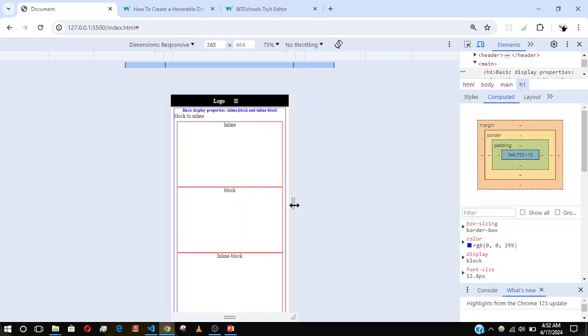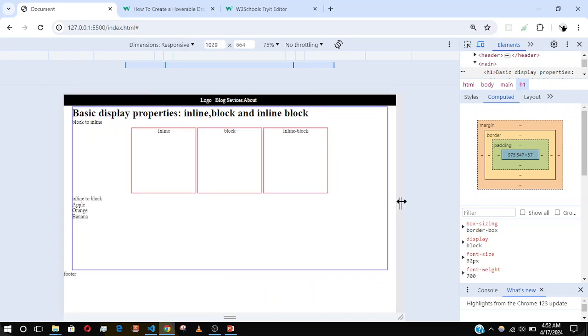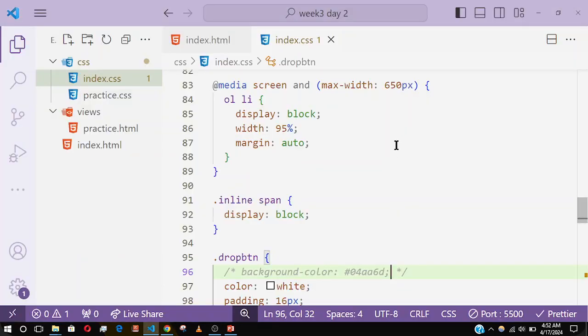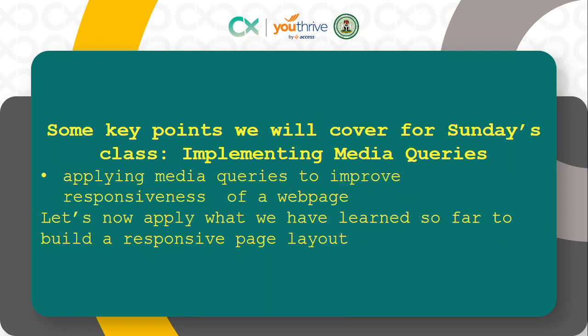So you notice that by studying this, we have this responsive site. So we've now learned how to choose a breakpoint and how to use the media attribute. So next, as we have seen, we've applied the media attribute to improve the responsiveness of a web page. So in our next video,